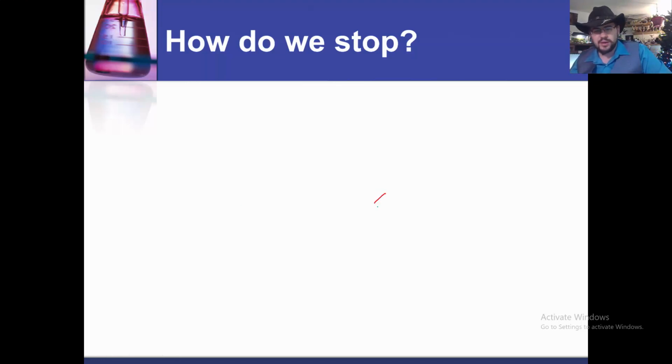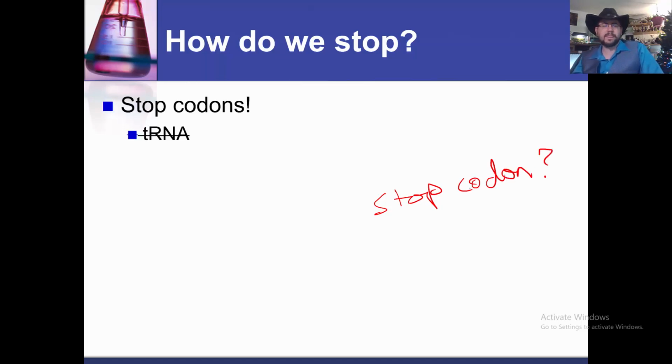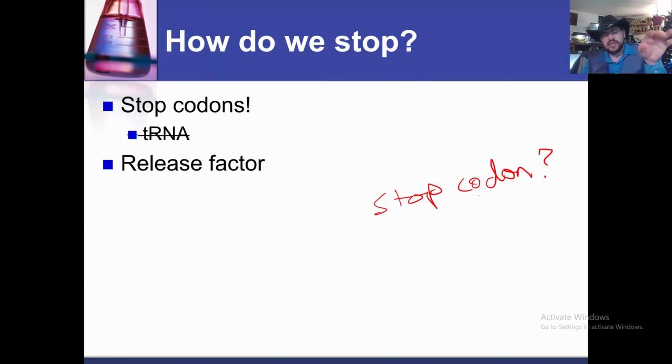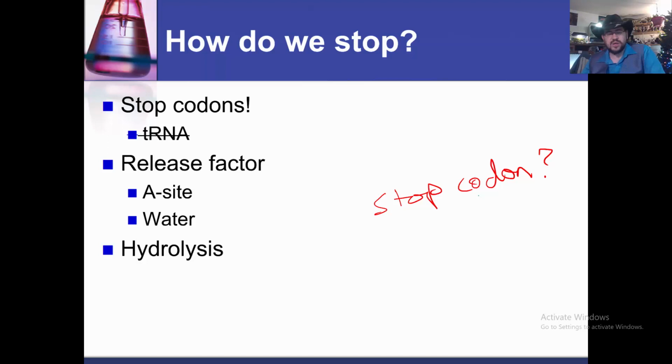Once we hit that stop codon, what happens? What happens at the stop codon? So there is no complementary tRNA to a stop codon. There's no tRNA carrying an anticodon that is relevant. Instead, when a stop codon arrives at the A site, a release factor binds, and we have water resulting in hydrolysis of the bonds, releasing the amino acid chain. So the release factor contains water, binds to the stop codon at the A site, and we hydrolyze